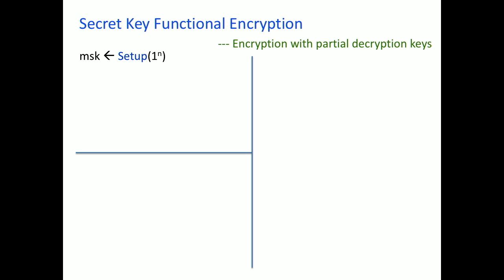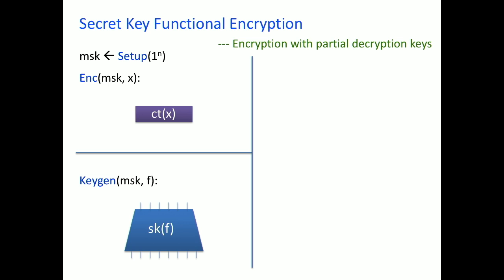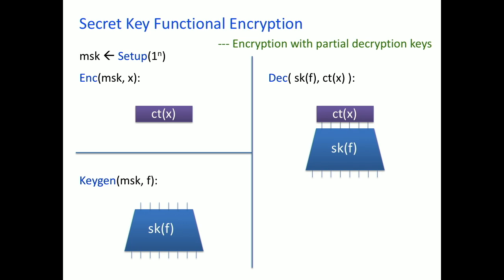Functional encryption basically is this beautiful extension of normal encryption, but it allows you to do partial decryption. What is it? Well, like a normal encryption, you can generate a secret key. You can encrypt an input using the secret key to generate a ciphertext. Now, the new part is that you can also generate a special partial decryption key associated with some function f. We call it the secret key for f. And if you decrypt a ciphertext using such a secret key, what it produces is exactly the output of the function evaluated on the encrypted input.